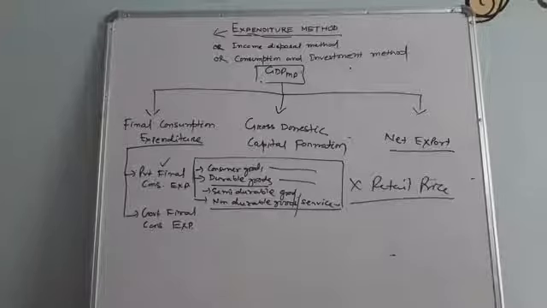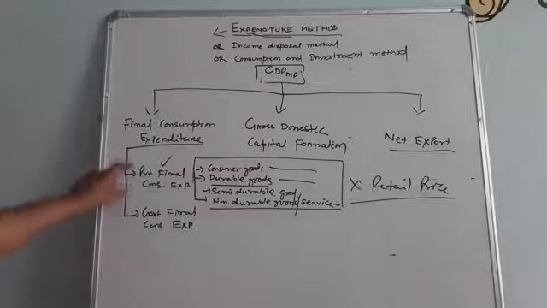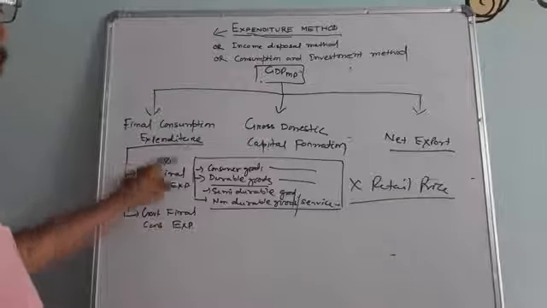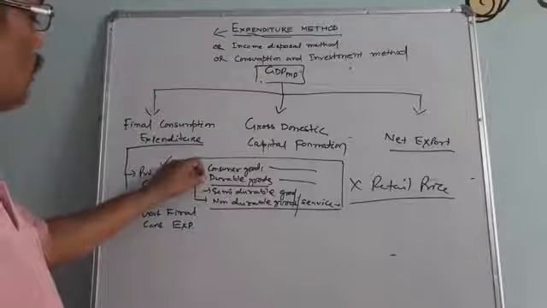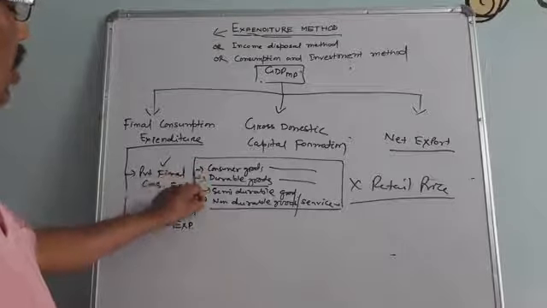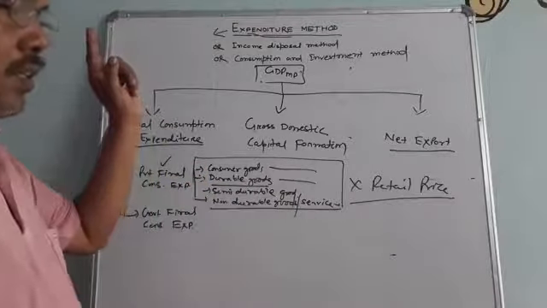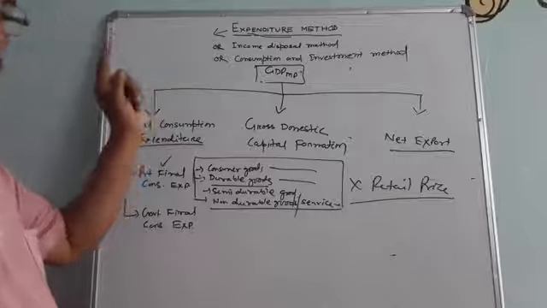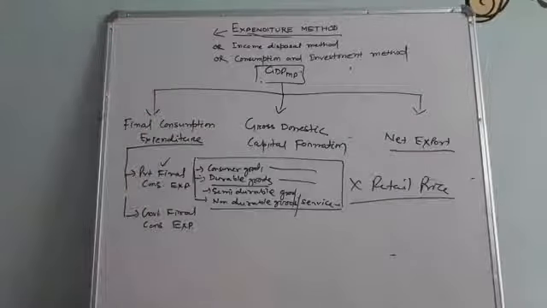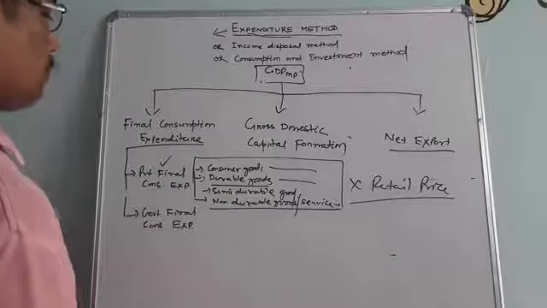The direct purchase of non-resident households made abroad is added, while the direct purchase of non-resident households in the domestic market is not accounted. If a numerical problem comes, the question may give private final consumption expenditure this much, or consumer goods expenditure, durable goods expenditure, semi-durable goods expenditure, non-durable goods expenditure, like this. That example is given: goods and services.